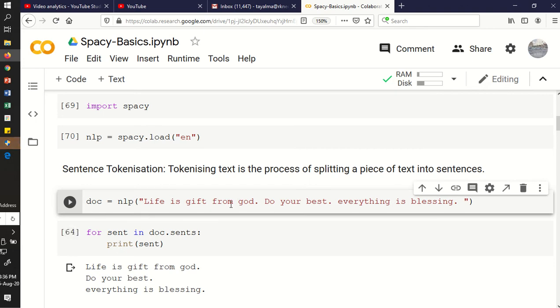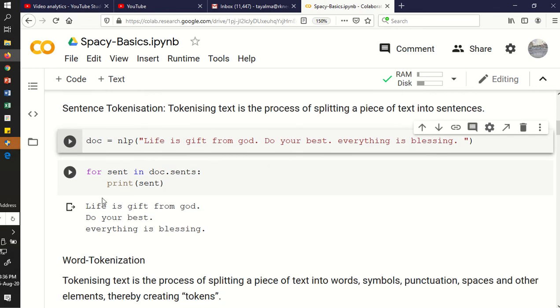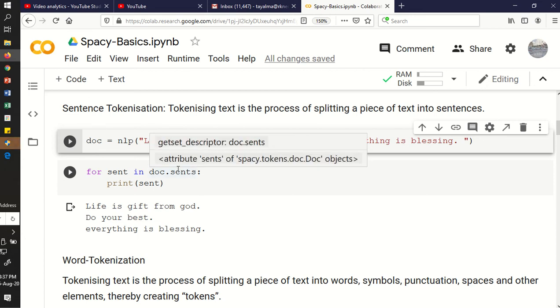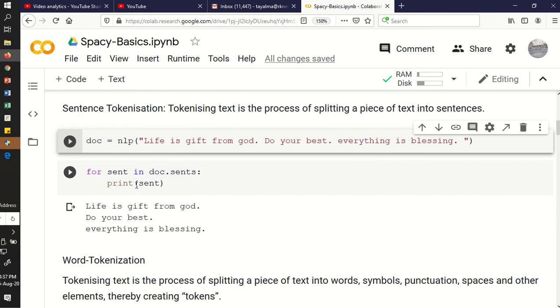Now you want to split the sentences from your paragraph. You pass that here, like you can write for sent in doc.sents: print sent. The sents attribute is responsible for tokenizing the sentences from the paragraph, so sents is one of the attributes which gives you the tokens of a sentence.